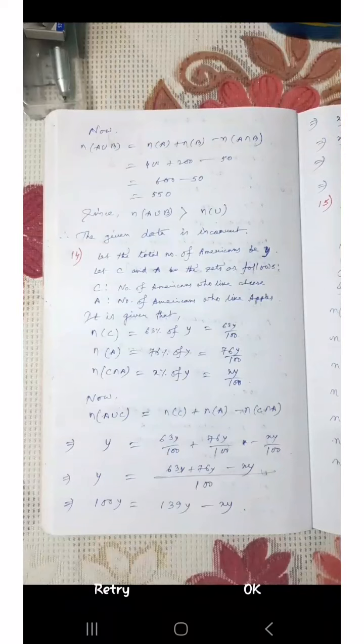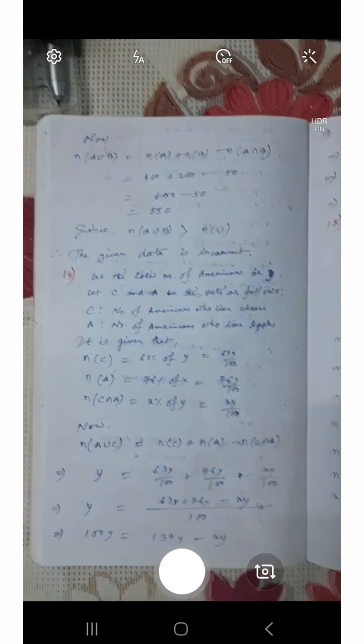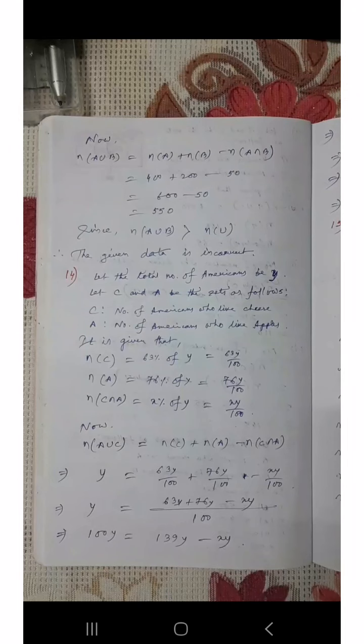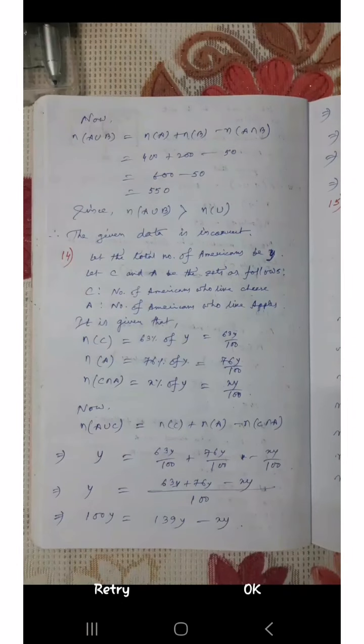Once you capture the image, it shows two options, retry and OK. If the image is not clear or blurred, then click on the retry button and capture the image once again. Suppose I click on retry and try to capture the image once again. Now if you press the OK button,